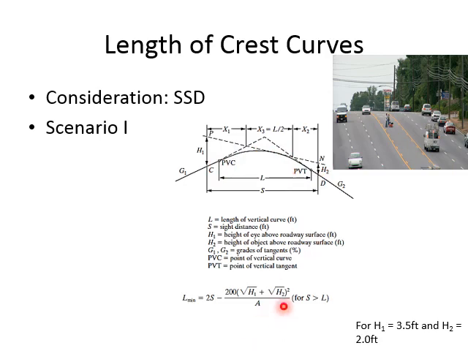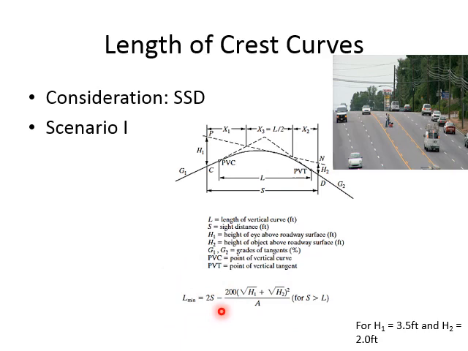The equations which you see on these slides are basically for the scenario in which your required sight distance is more than the length of the curve. So if I decide that I have to stop on any point of this curve, I will basically stop after I cross the entire curve. Okay, so in that case the minimum length of the curve should be equal to this.